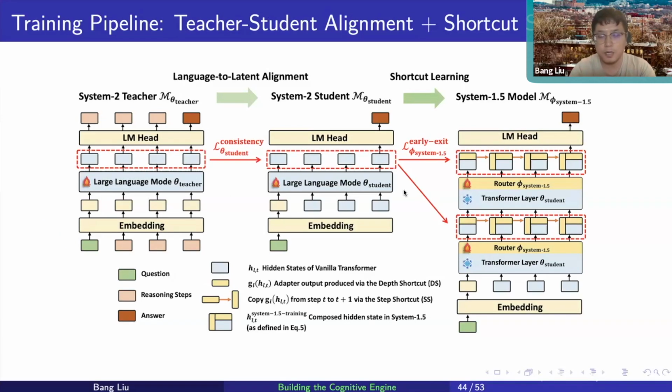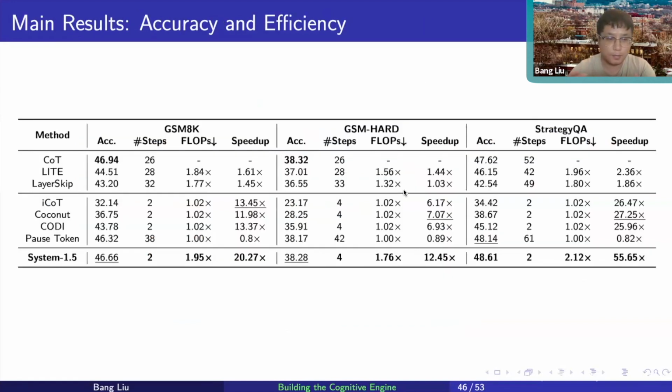Shortcut learning means I need to know at each stage whether I should early exit, or continue my reasoning, or perform quick reasoning to go right. This can be done by using the recent work Atom of Thoughts to decompose the question answering dataset and label out what the key steps are and what the fast steps are. Then, based on these labels, we know at each token which gate state we should have. So basically what we found is that the performance is quite good.